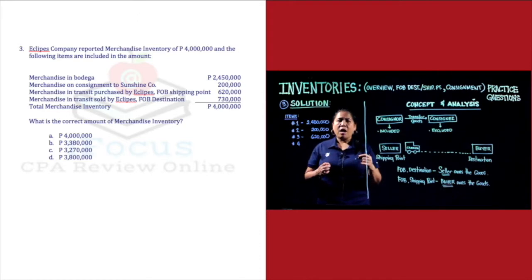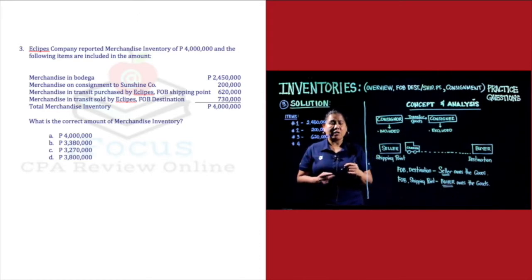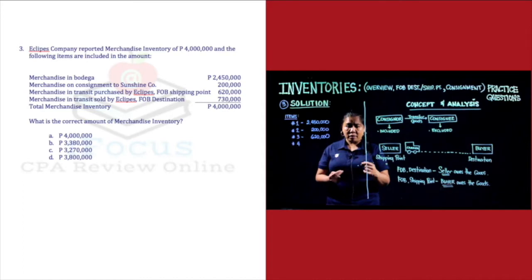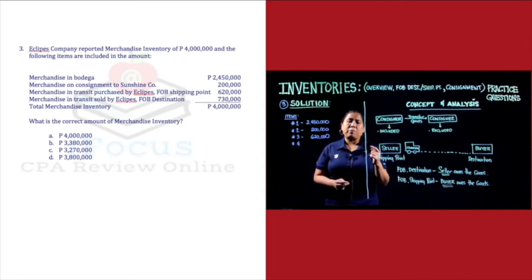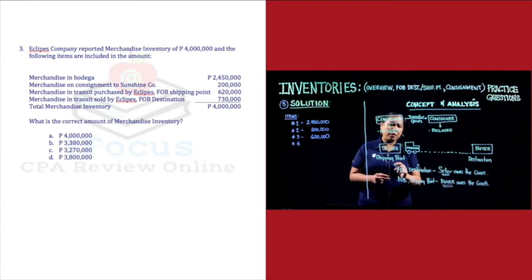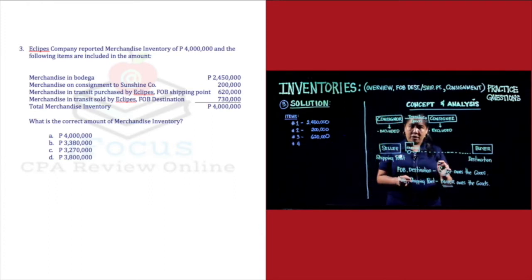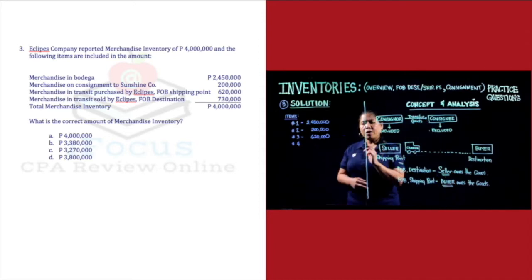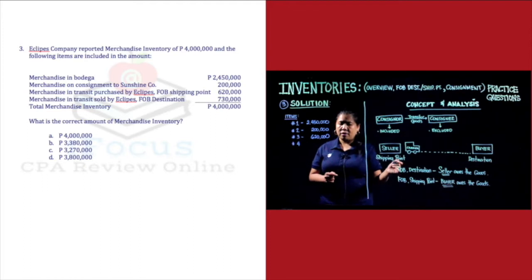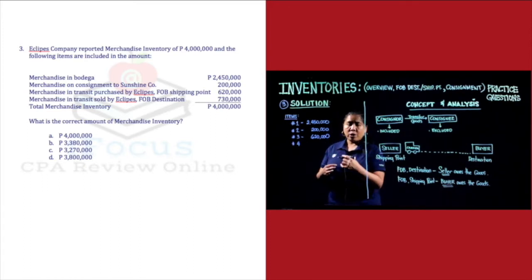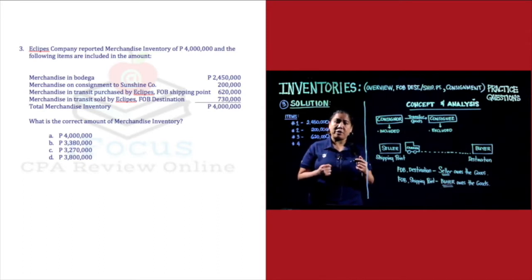Last item, item number 4, merchandise in transit sold by Eclipse, FOB destination. So, sold by Eclipse, ang ibig sabihin si Eclipse, seller siya. And the agreement is FOB destination. So, sa FOB destination, pag-aari ni seller. At si Eclipse, seller siya. Therefore, Eclipse owns the goods. Alright? In transit. So, ang item number 4 ay pag-aari ni Eclipse. Therefore, we are going to include this in our merchandise inventory,